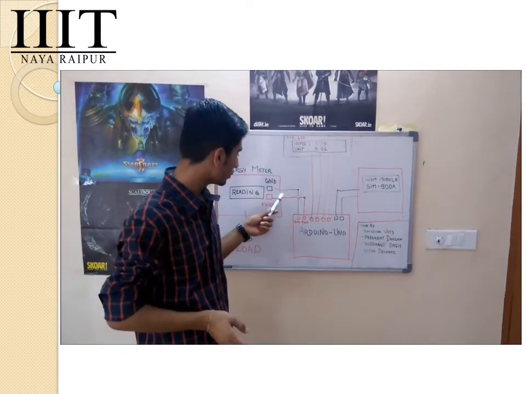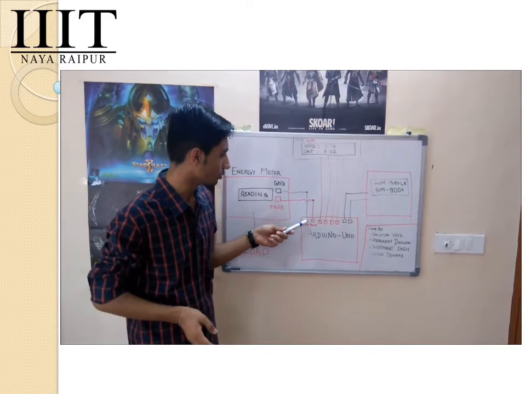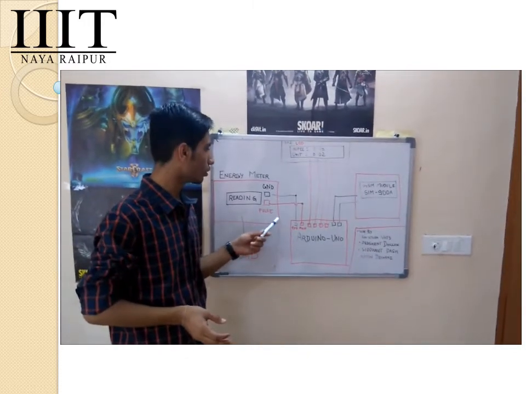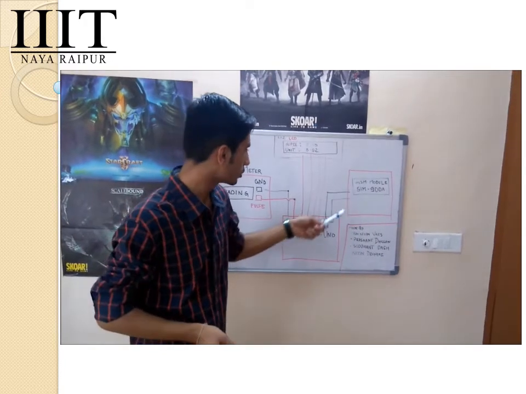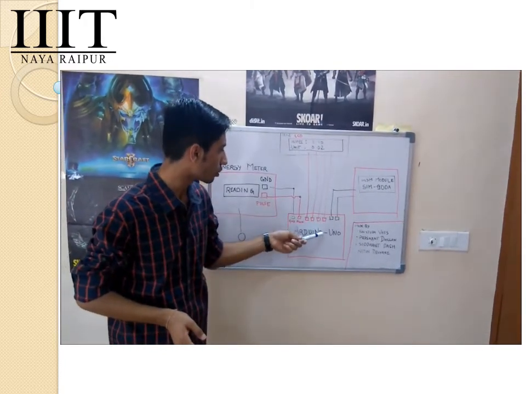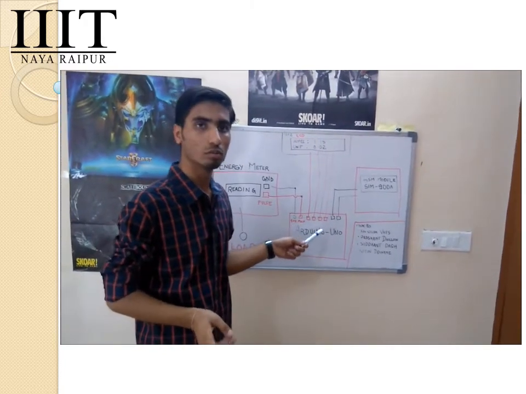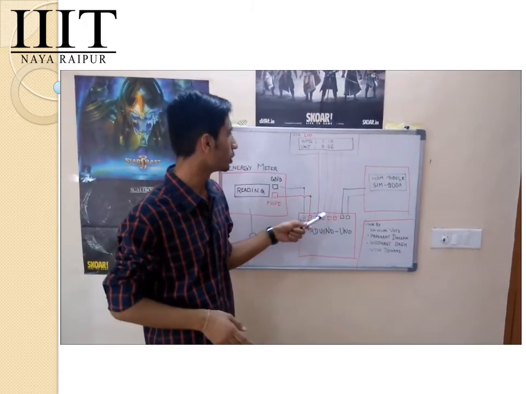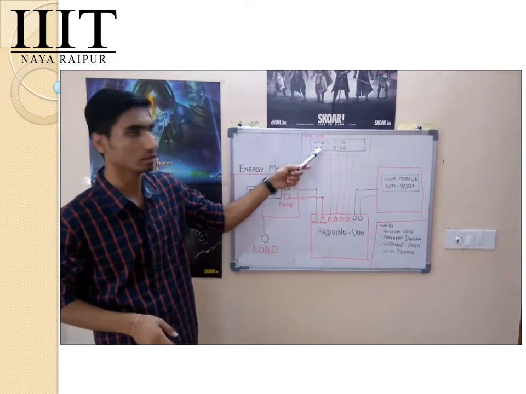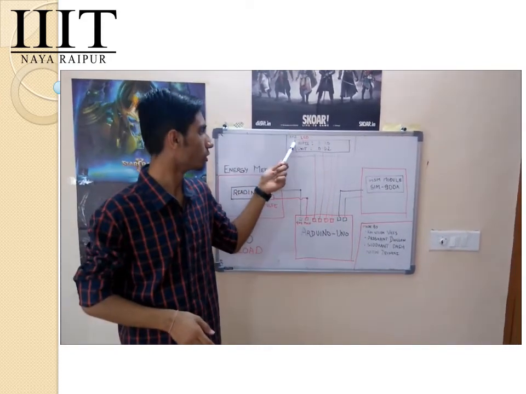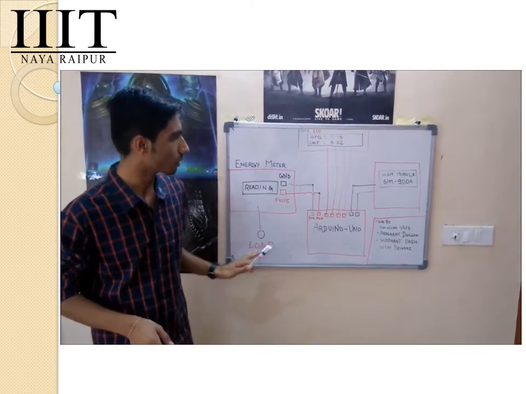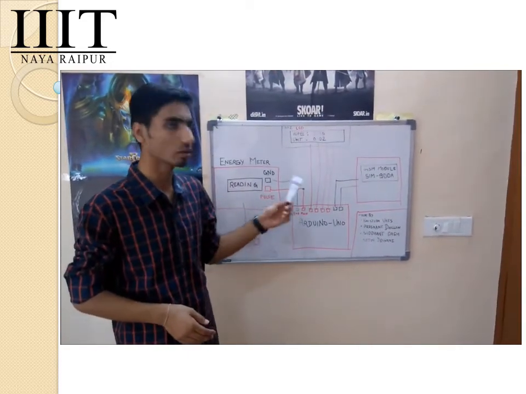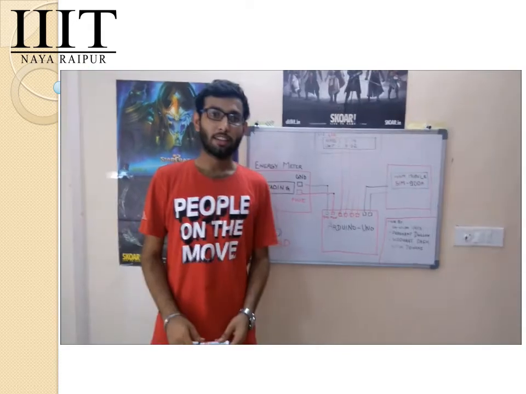We have connected this input to Arduino Uno and ground to Arduino Uno. Arduino Uno calculates the number of blinks of the pulse, and we have connected the GSM module SIM 908 also to Arduino Uno, which sends a message to the consumer's mobile number about how many units are consumed, and the same units consumed are displayed on the LCD screen. This is shown here. This is the whole working of the block diagram. Now Nitin is going to explain every hardware component of this block diagram.